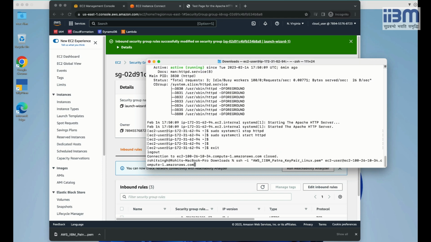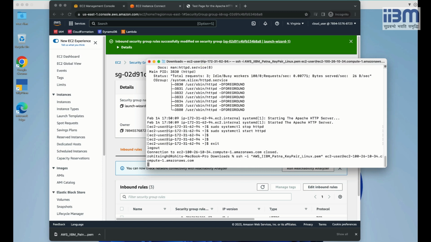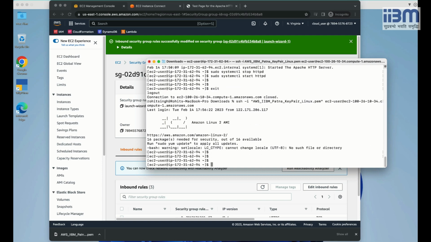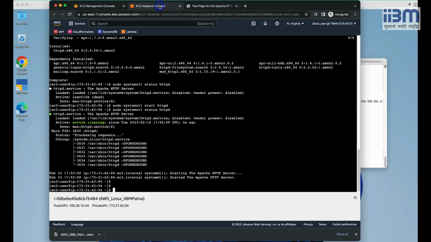This is my system's terminal, the remote SSH client. Let me try to connect back to this. Yes, I am able to connect. There is no issue at all. And with that private key and public key authentication method that SSH uses, we don't have to enter a password, right? Nobody can see it, nobody can hack it. Now, the option,